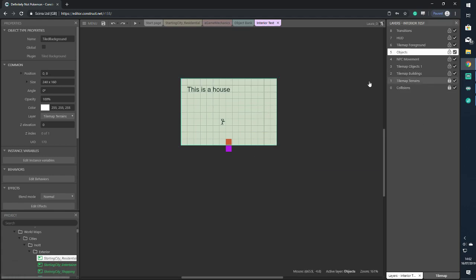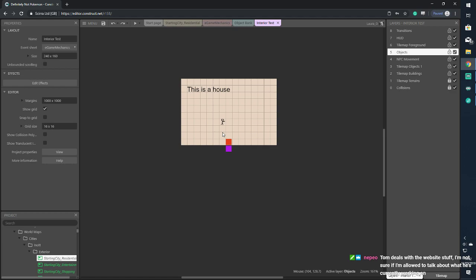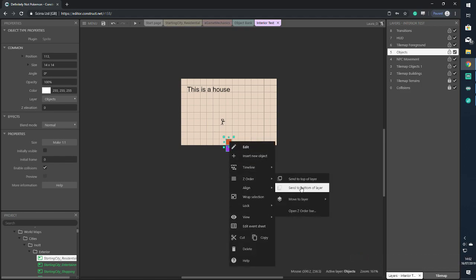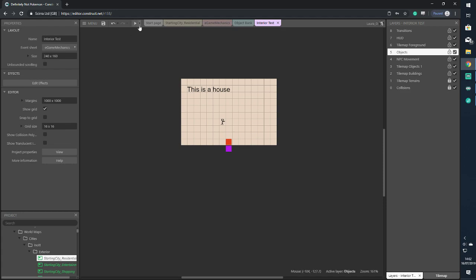Let's lock that. That is, yeah, it's the right place. Let's pop those to the bottom of the layer. Shouldn't make a difference, but